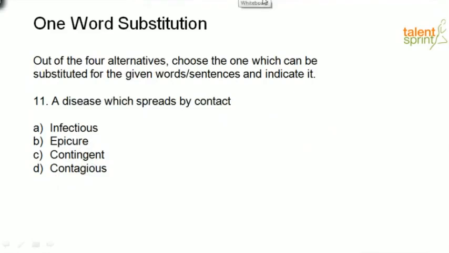So let's look at our next one, a disease which spreads by contact. What are our options? Infectious, epicure, contingent, and contagious. So our clue word from the phrase itself is contact. Right? So when I say contact, I'm talking about communicable, transmissible either by direct or indirect contact, communicable